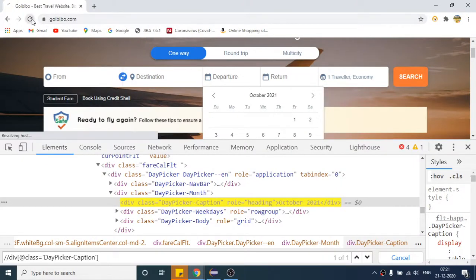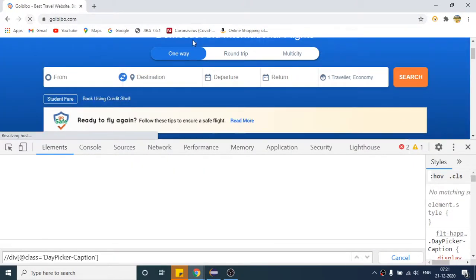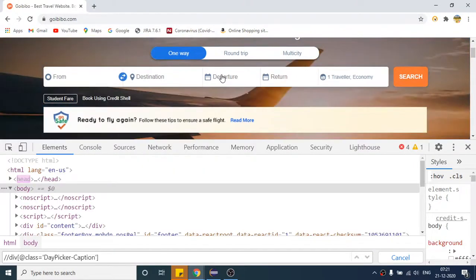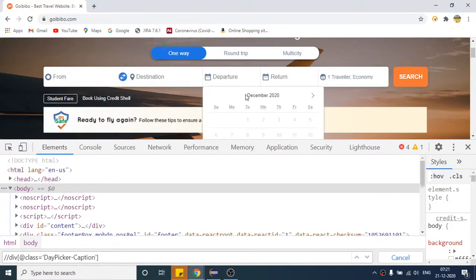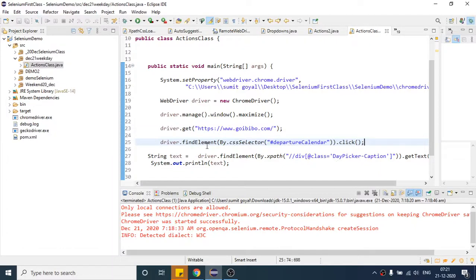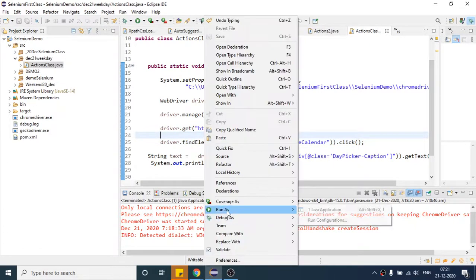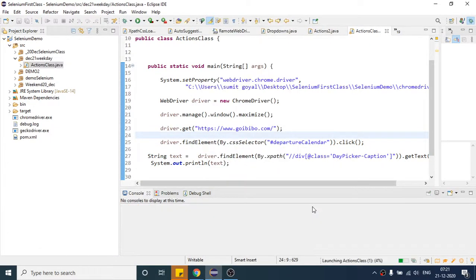it again, okay, so it will click one time, and by default this year and month is selected, right, which is the present year and month. So we are going to get this text. If I run this now, it will print December 2020 in the output. So let us check whether it is working correctly or not.